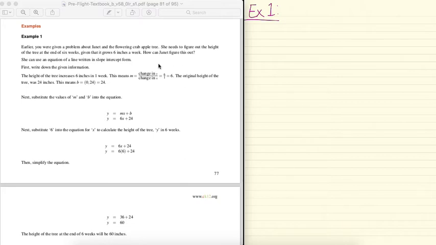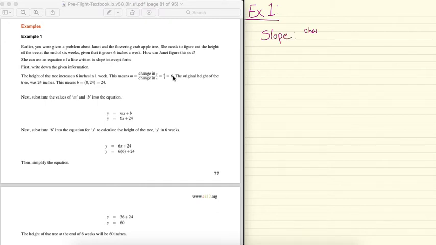Well, we can write an equation. So first let's write down the given information. The height of the tree increases 6 inches in 1 week. Well, that's identifying for us that our change in height in comparison to time is 6 over 1. So what that's doing for us is it's giving us our slope,